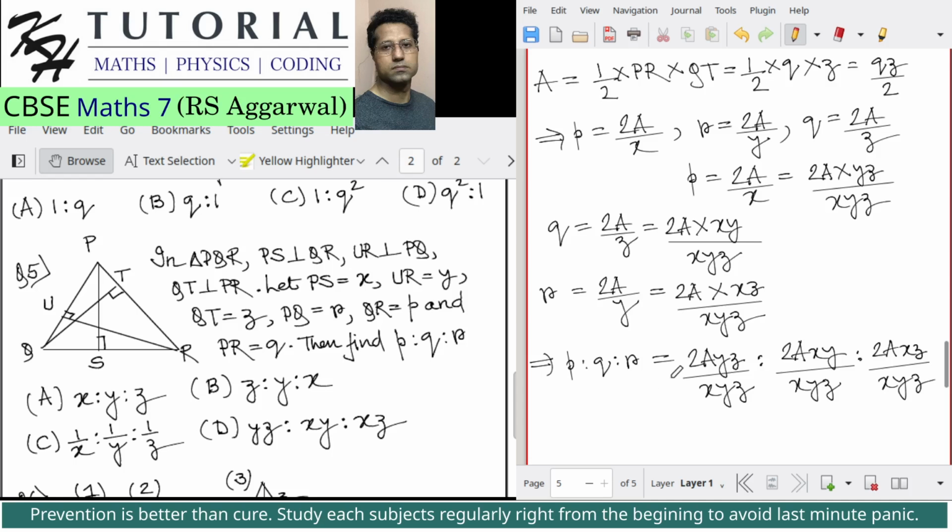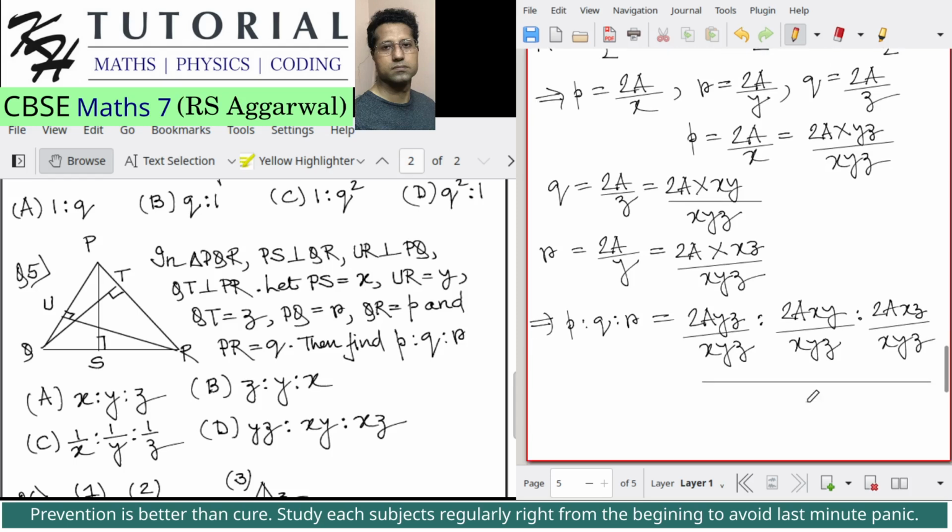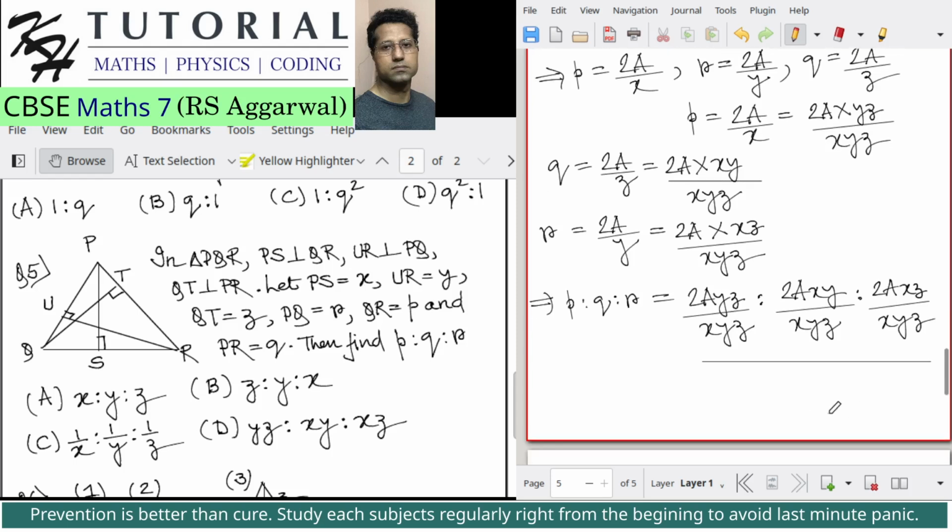So P is to Q is to R is equal to, as you can see, in all the terms in this ratio, the denominator is the same, XYZ. So this ratio will be equal to,